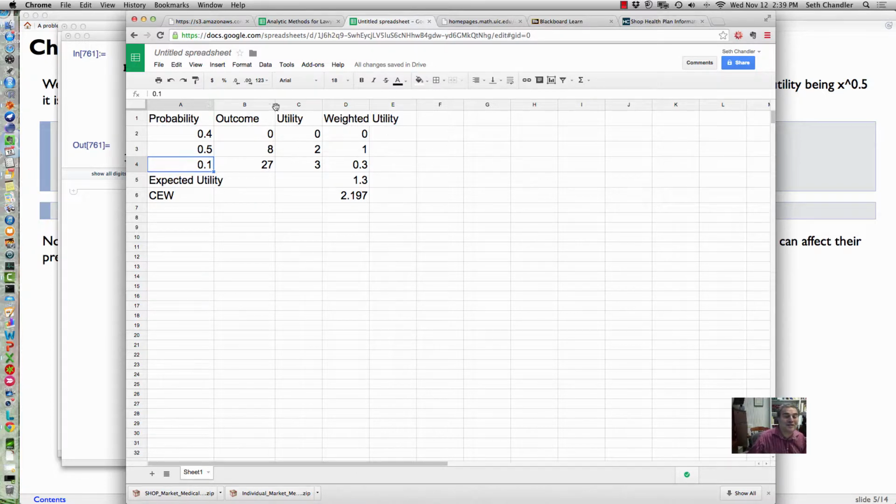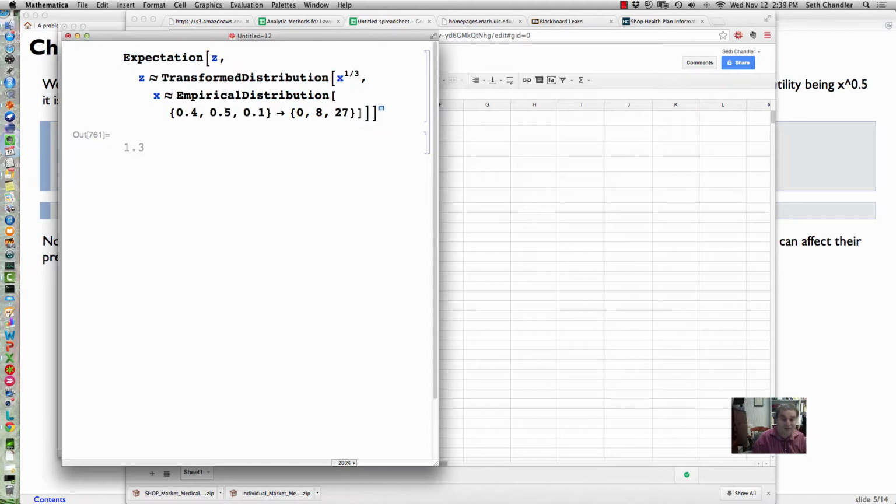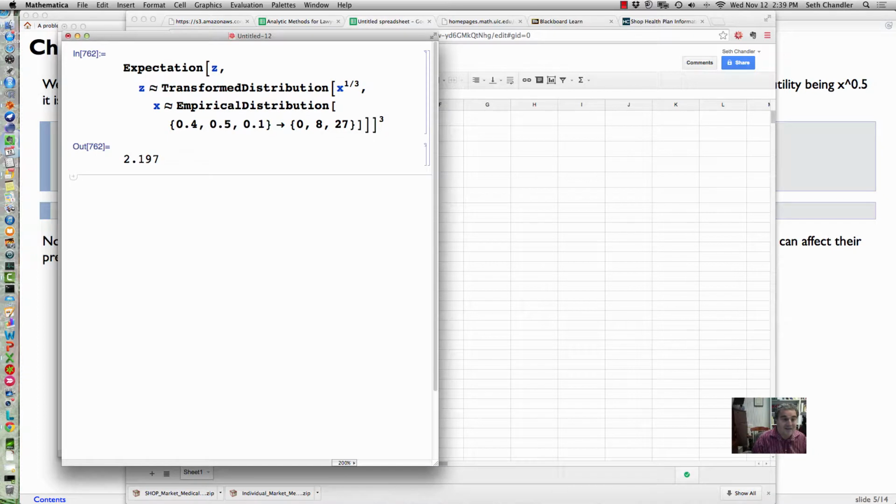So this is the correct answer. We did it, the math was right, it's just that I had the numbers wrong. All right, and so we now have the expected utility, right? And so now all I have to do is to take this and cube it. And that will get me the certainty equivalent wealth. Okay? So what I'm doing is I'm taking a utility function here, and at the very end I'm inverting that